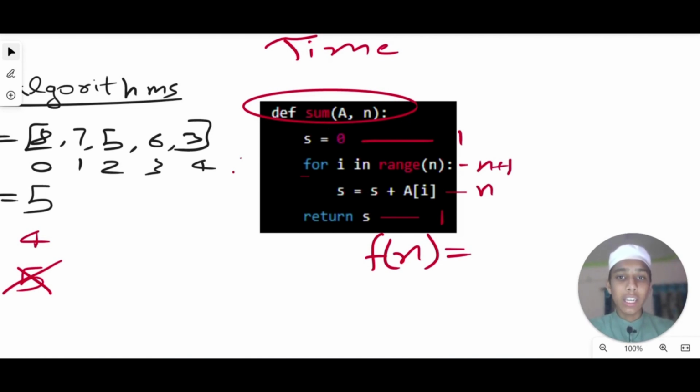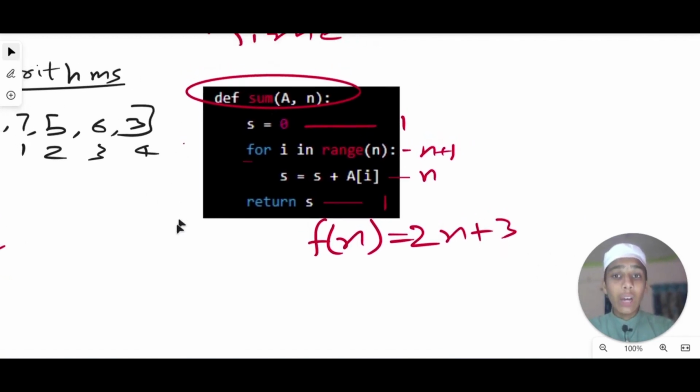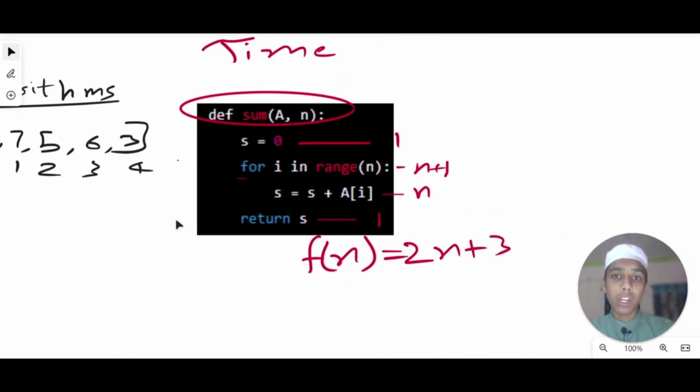So that's why here we are going to call it 2n, or we can give n plus n there. If we write it like this, then it's going to be multiplied, so we can give n plus n. Anyhow, we have the 2n plus 3. So the output that we are going to get here is 2n plus 3, that you can see here right now. Now here, what is the degree of this one? What is the polynomial of this one? The polynomial of this one is going to be